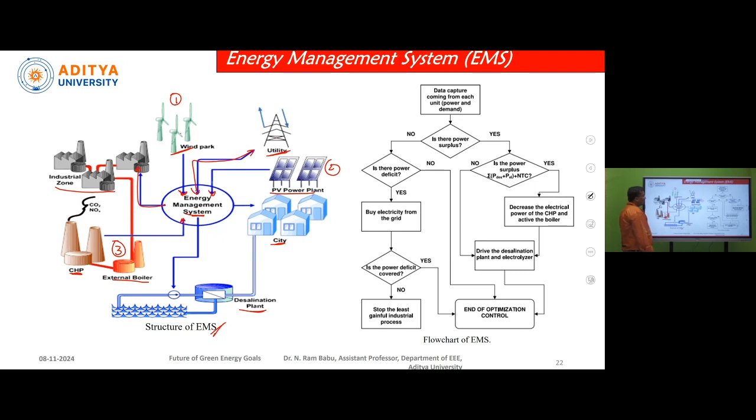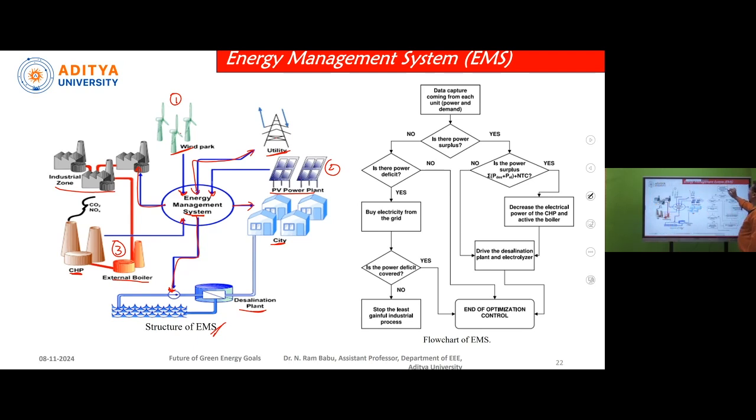and it is being utilized by the industrial zone. That means here I have considered industrial consumers. Next one, utility, household appliances. And the next one, desalination tank. That means we are managing the energy in an efficient manner. So in order to get a detailed explanation, we are supposed to look into the flowchart diagram. So let us go to the flowchart.